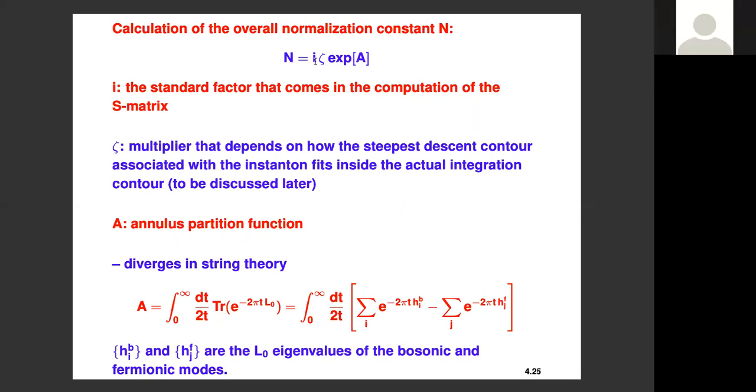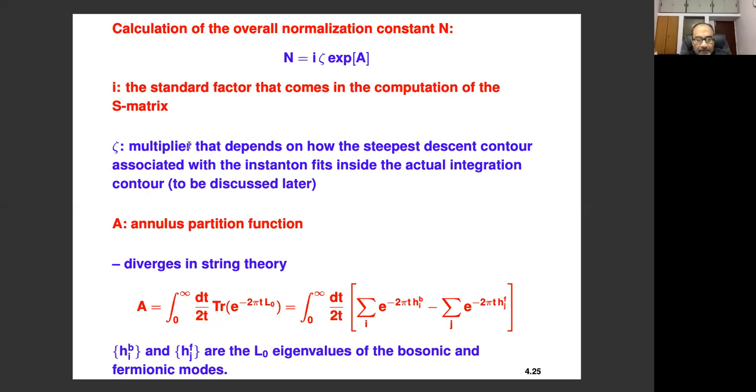So let me explain these various factors. So I here is the standard factor of I that multiplies all string amplitudes. Whenever you have the worldsheet result, that's like doing a Euclidean calculation. To compute the S matrix from there, you always have to multiply by a factor of I. This is like in quantum field theory. When you do the S matrix calculation, in the Lorentzian version, you have e to the iS in the exponent, so the Feynman rules always involve an extra I, and that's this I. Zeta is a numerical factor, which I'll try to explain later.